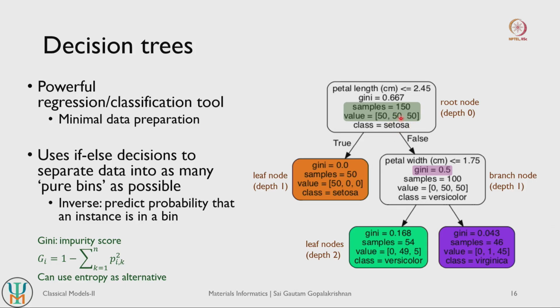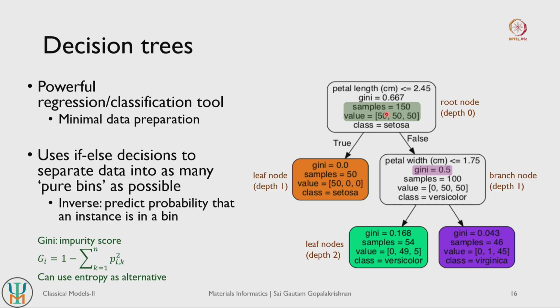Same thing with versicolor and virginica. So 1 by 3 and 1 by 3. So we basically get 1 minus (1 by 3) square plus (1 by 3) square plus (1 by 3) square. So there are 3 (1 by 3) square terms. So we basically get 1 minus 3 times (1 by 3) square, and that is basically 1 by 3. So 1 minus 1 by 3 is basically 0.667, right. So that is how the Gini score is calculated, and the decision tree tries to minimize this Gini score as